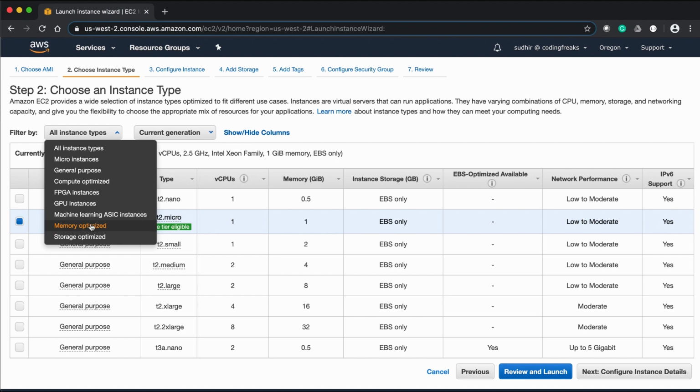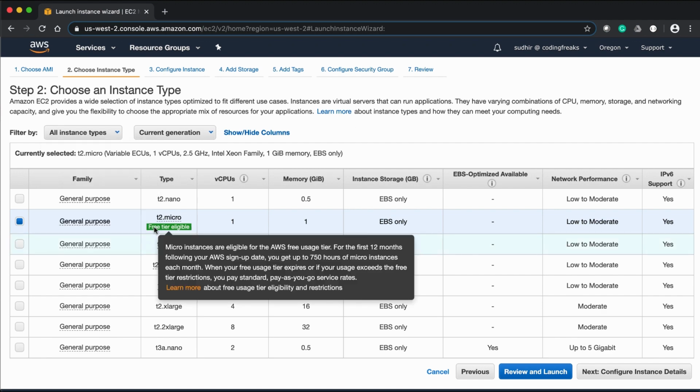Like in memory optimized, you'll be having more emphasis on memory optimization instead of computation optimization. In compute optimization, you'll be having more resources in compute and comparatively fewer resources in memory or storage.